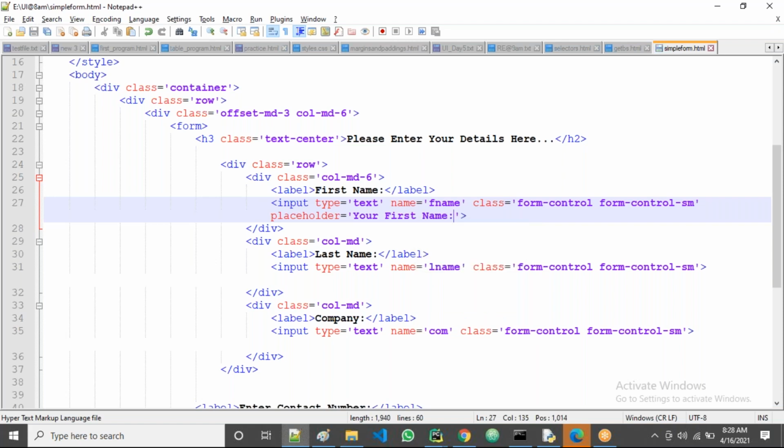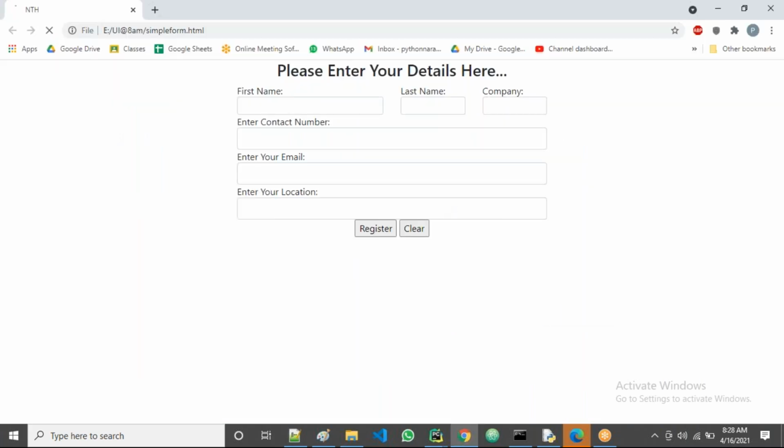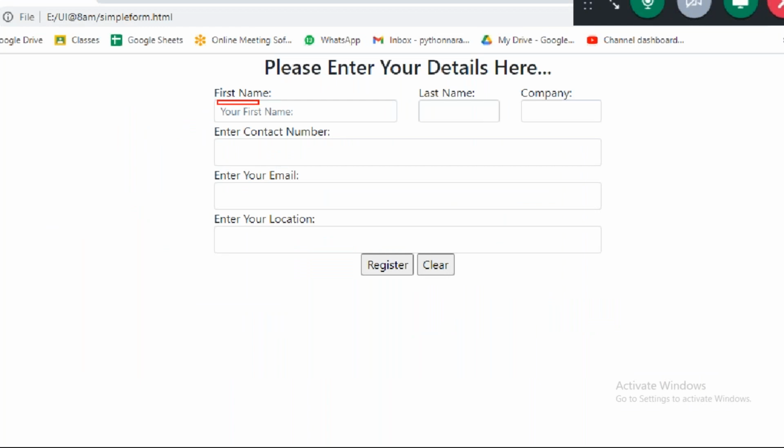I save this and go there and refresh. Yes, guys, you can observe inside the input box there is some prompting. Here this is the label, and this is the placeholder. Both are for the same purpose.